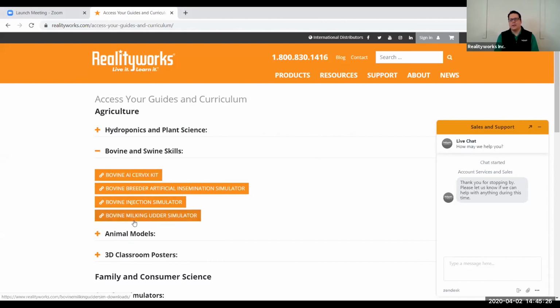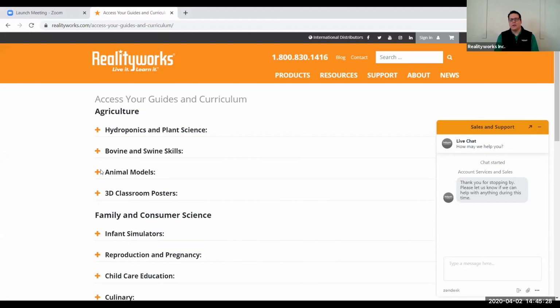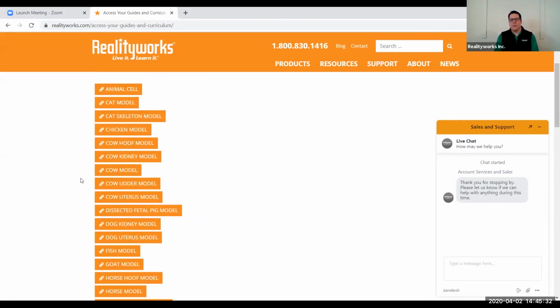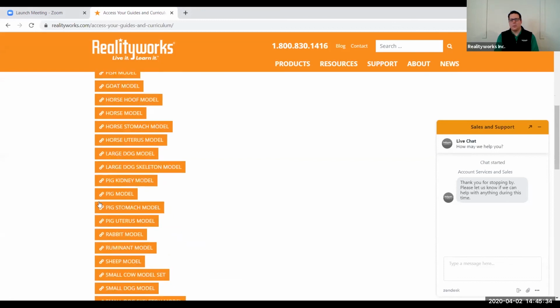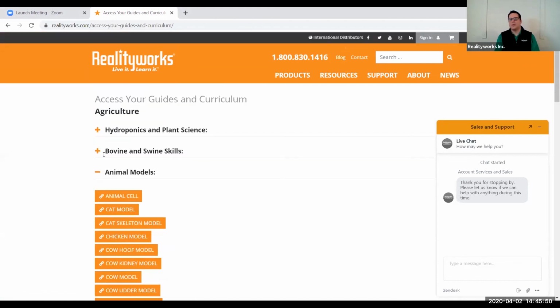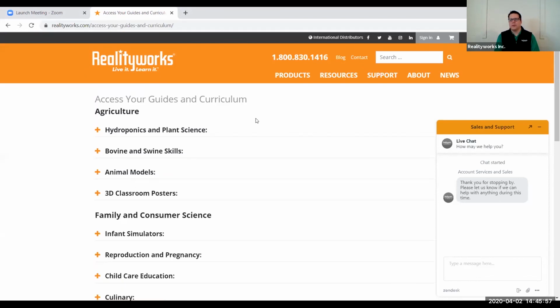But under animal models, we do have swine. It's under our pig model, and we have curriculum on pig urinary, pig model, pig stomach, and pig uterus as well. So it's under the pig model versus the swine, and as soon as the new product is ready to release, we'll get that up there as well. So, good questions.